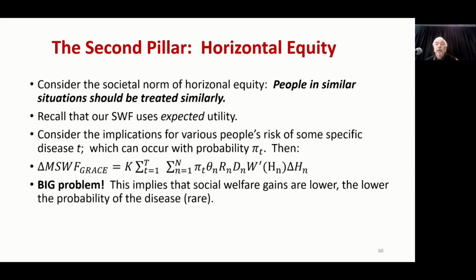And now what happens is if we develop a social welfare function that includes the probability of diseases in our social welfare function, and we have rare diseases, that probability of the rare disease now seeps into the expected utility function, and the probability function pi is going to be smaller for people with rare diseases. So until we make some adjustment of the social welfare function, it's going to say that it's less valuable to treat people with rare diseases. You got that? That's the unfortunate conclusion unless we bring in horizontal equity.